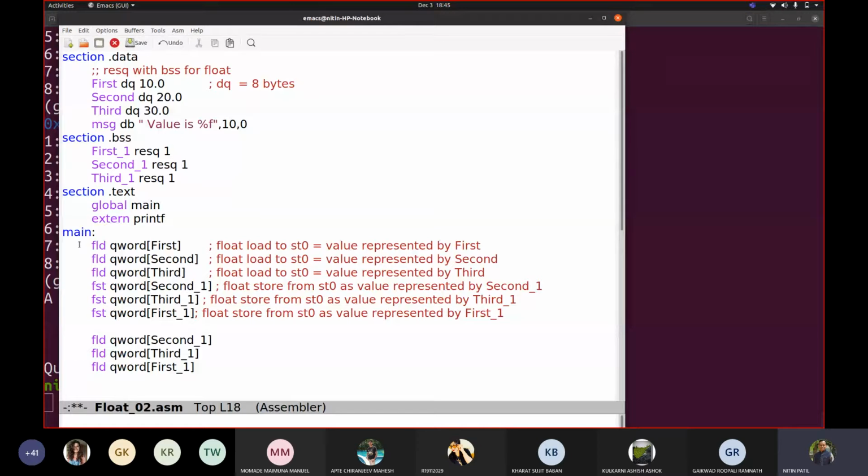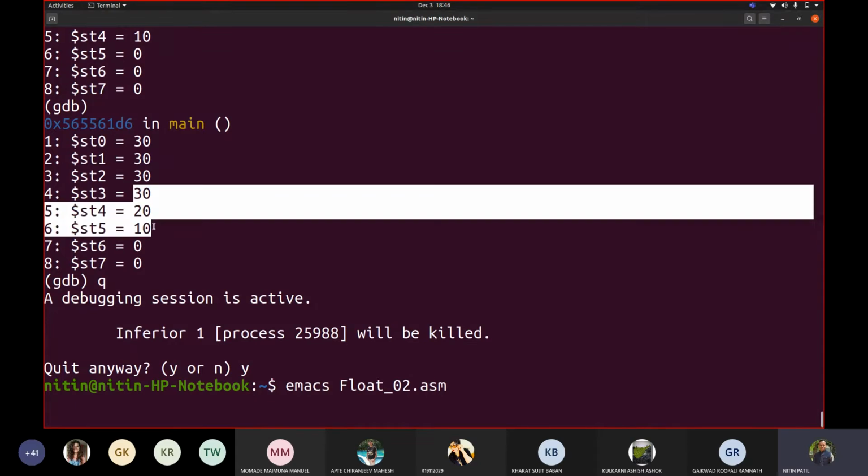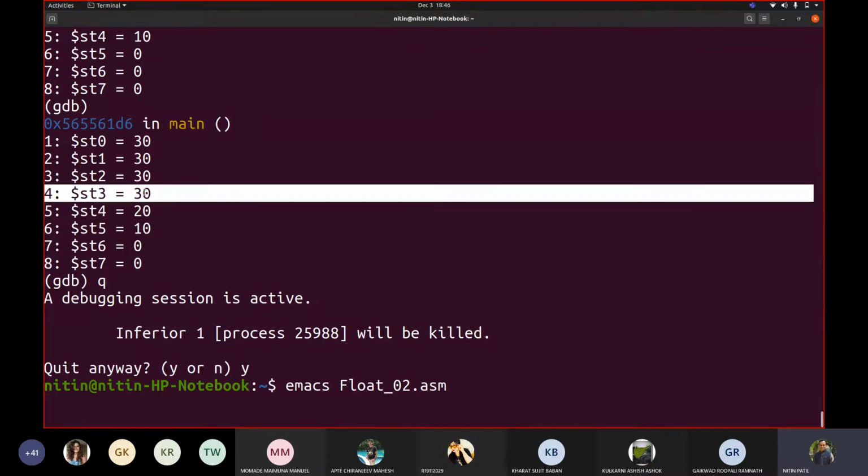Whatever the value that is there with ST0 will go to second underscore 1. Now when we executed the code, there was no change in ST0, because we saw these three values there with ST0, ST1 and ST2. So there was no change with ST0. That's why it was showing that.